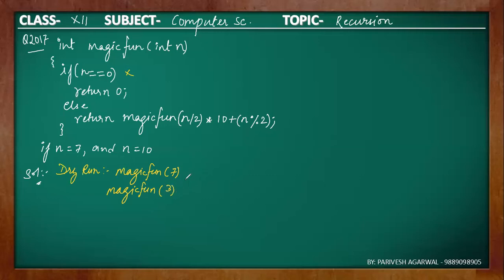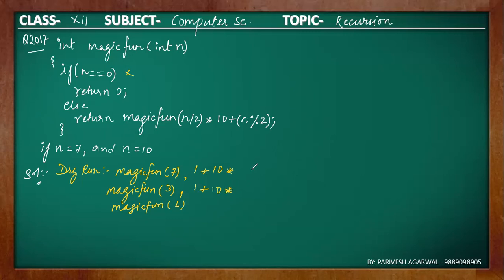And in the stack, you see it is in the reverse order. So n modulus 2, that is 7 modulus 2, remainder 1, 1 plus 10 multiply. So here you will write 1 plus 10 multiply. This will be the stack, or the storage in memory. When 3 has been invoked, the condition again becomes false. It moves to the else part and returns magic_fun. The function is invoked again, and 3 divided by 2 will give you 1. Here 3 modulus 2 returns 1, 1 plus 10 multiply.